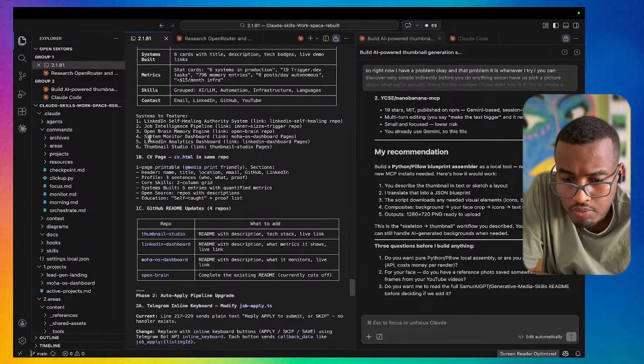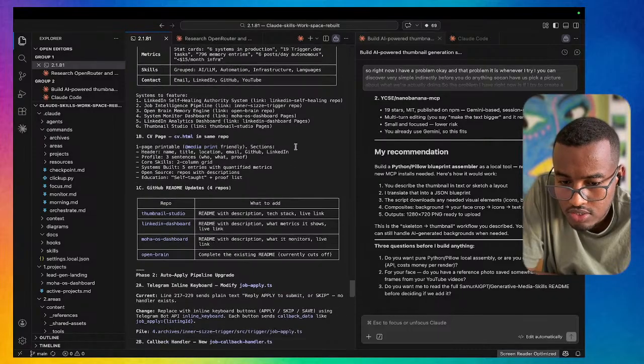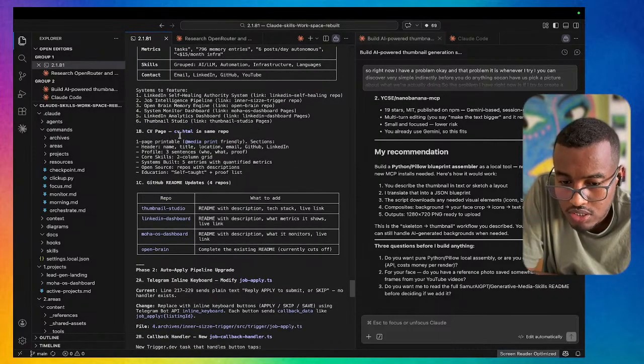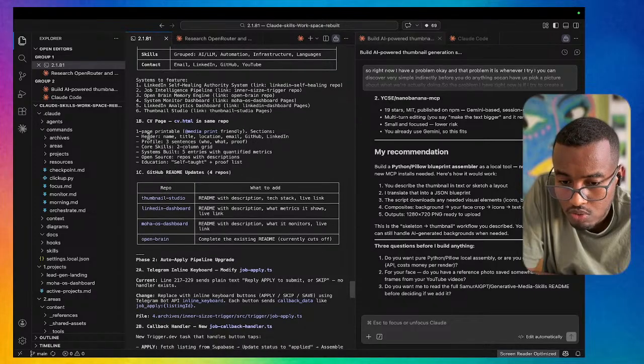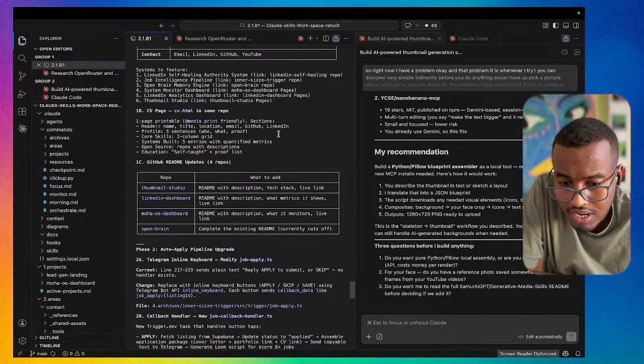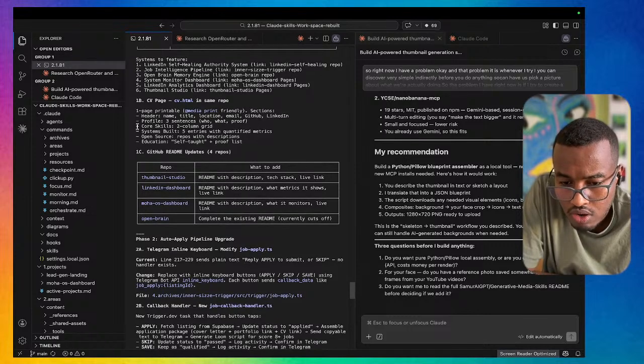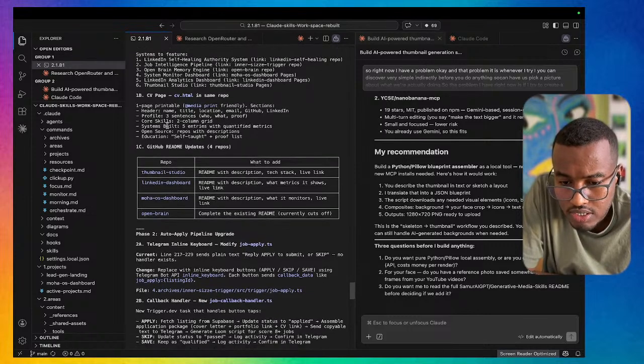So great. System monitor dashboard. I think that is also a great thing. We have a LinkedIn analysis dashboard, LinkedIn dashboard pages, thumbnail studio. We have a CV page, cv.html in the same repo: one page, principal, media-friendly. Sections: header with name, title, location, email, GitHub, and LinkedIn; profile in 3 sentences: who, what, proof; core skills in 2 columns grid; systems built,